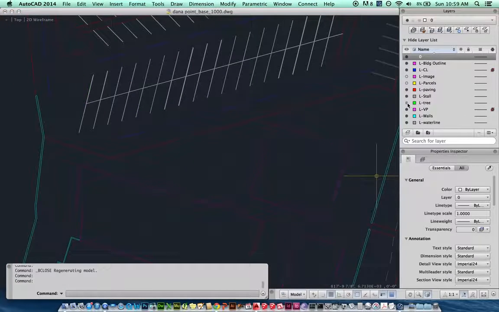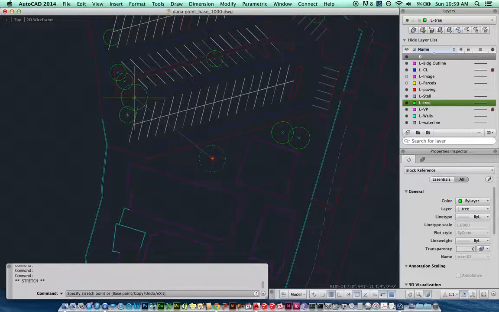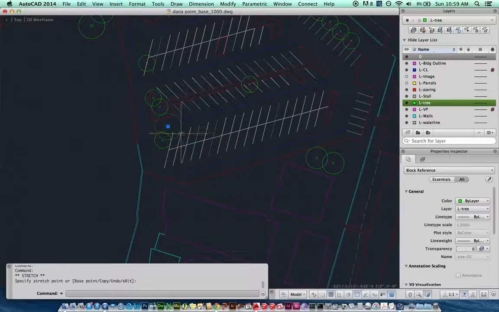You'll notice that we're back now. We can toggle our trees on and off. We can toggle our paving on and off, and it's no longer a problem. In this case, if I had 2 types of trees, you'll notice that I have got these 2 different types of trees. Now if I deleted this tree on accident,